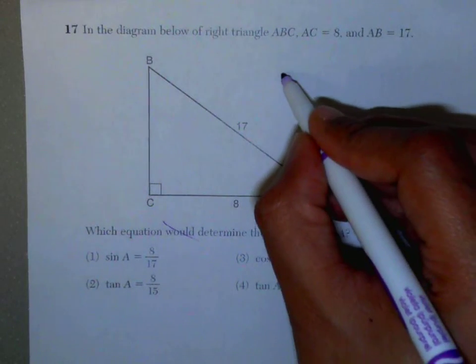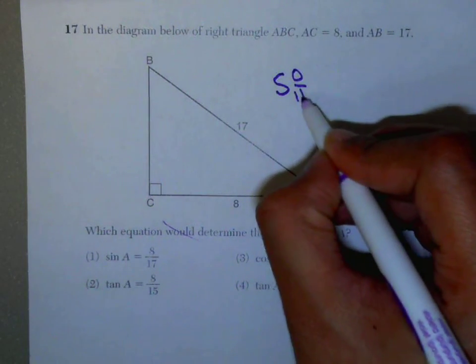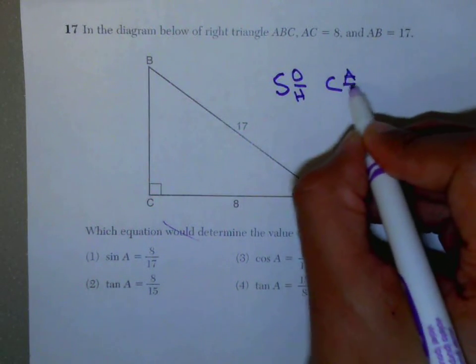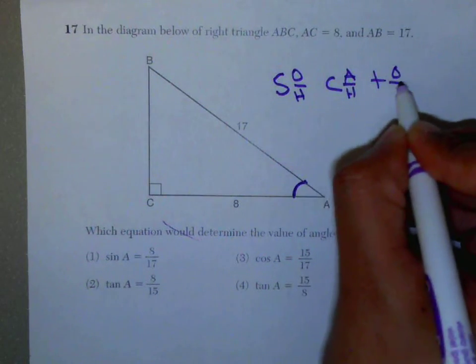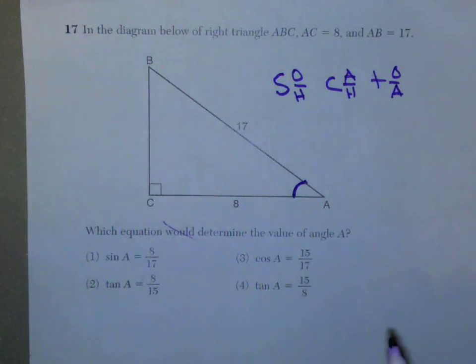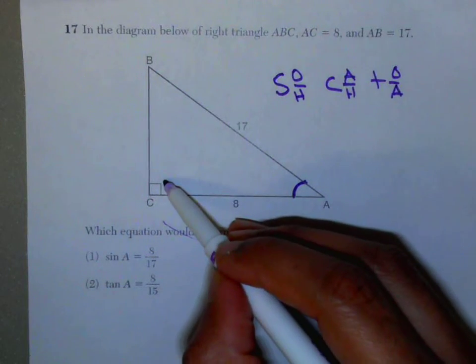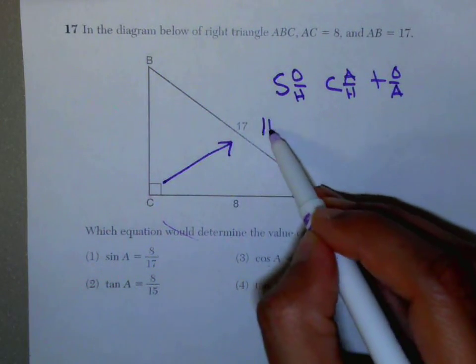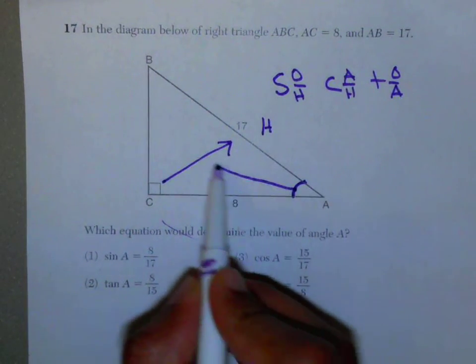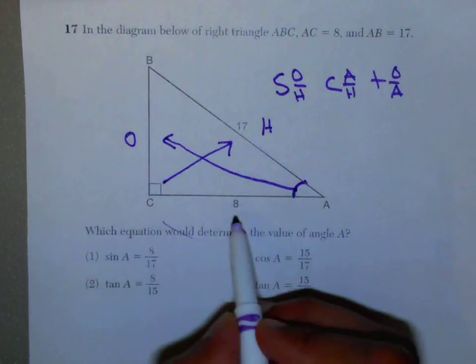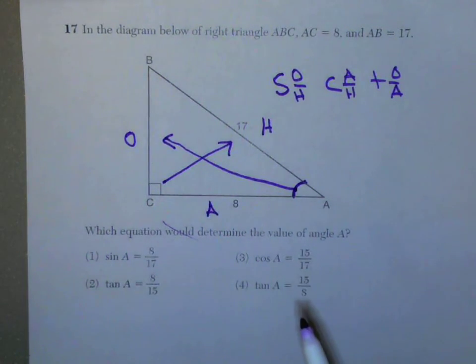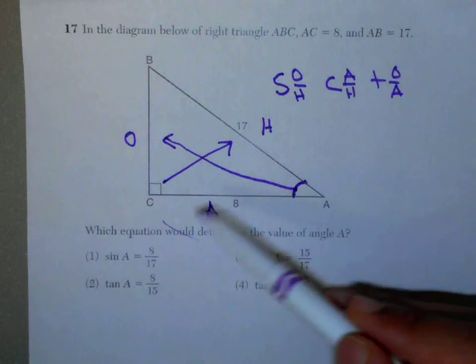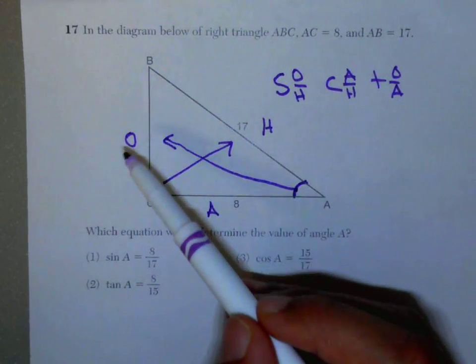So let's write down: sine is O divided by H, cosine is A divided by H, tangent is O divided by A. Alright, the next thing we have to do is name the sides of the triangle. This side is the hypotenuse H. This is angle A. This side is the opposite. And the other side is A. Now, we know all the sides except this one. So in order to find this, use